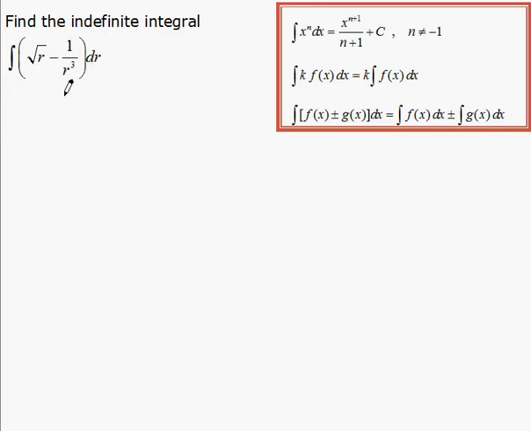In this example, when we have the square root, we want to write it as an exponent. So once we do that and we bring this up, we get something that looks like rule 1 and rule 3. So r to the 1/2 minus r to the minus 3 dr. And now, treating each piece separately, as we can do, we integrate using rule 1. So this becomes r to the 3 over 2 over 3 over 2,